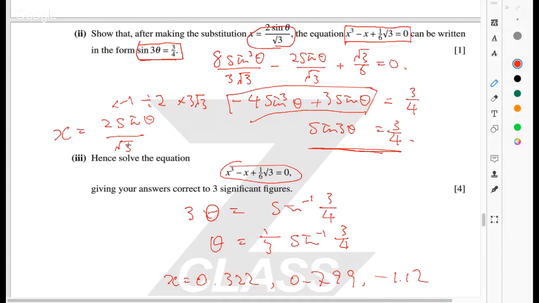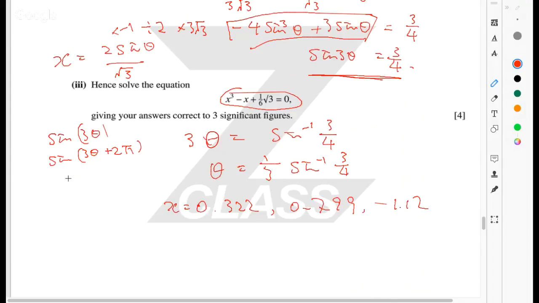But the reason why we get multiple roots here is because we didn't solve an equation for sine theta, we solved the equation for sine 3 theta. So even though sine 3 theta and sine 3 theta plus 2 pi will give you the same value,